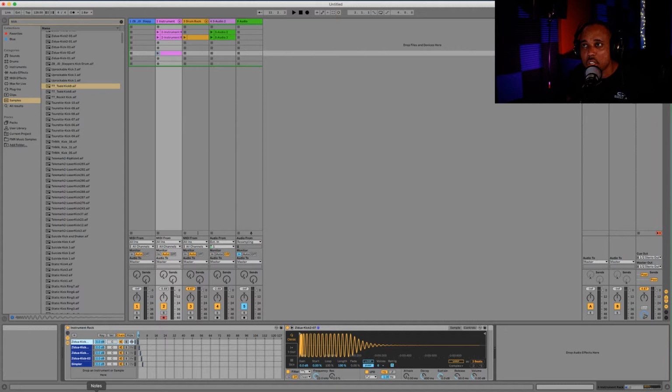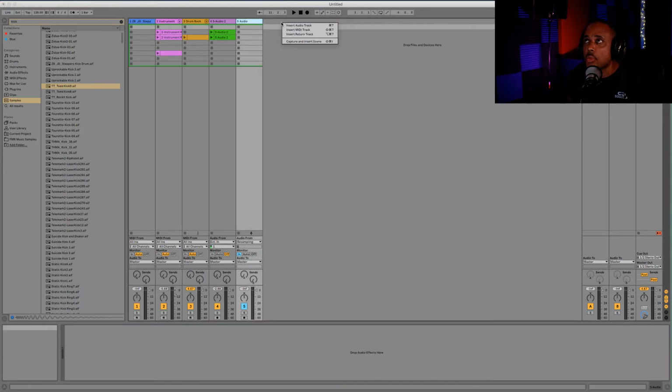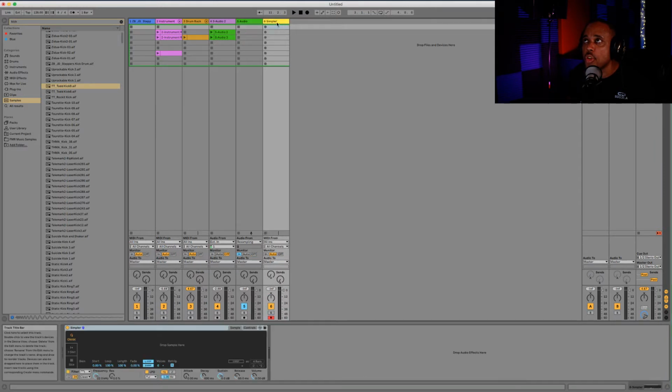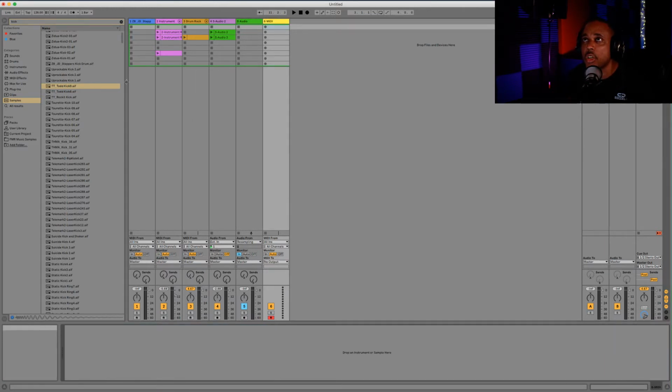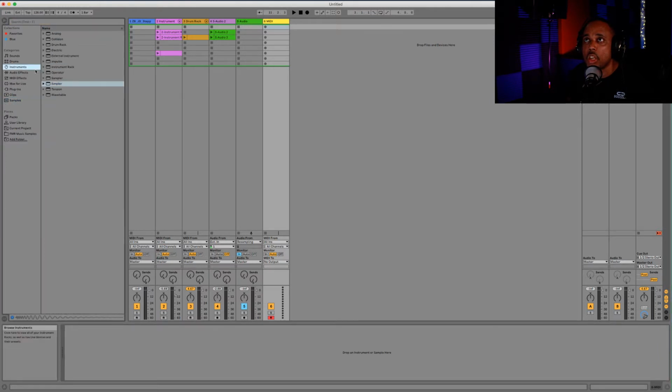Okay, as you can see here, I have the instrument track. I've used Ableton to build my sound library using the instrument track. So it's very easy. You open up a new MIDI track. This one, when I open it, brings me the Simpler. But you can go to the instrument,